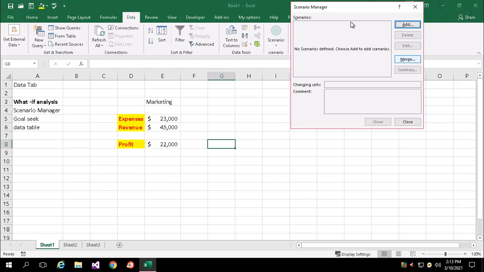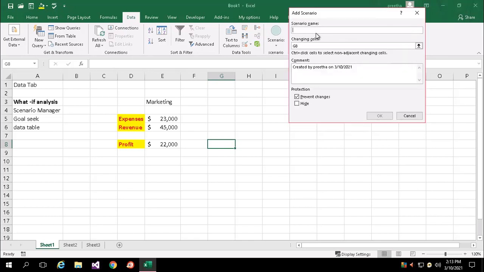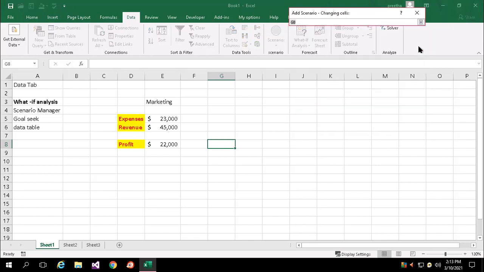So now you can see, I just add the scenario name. I want to calculate for the finance department. So let me try with the scenario name as finance, changing cells. Which are the two cells involved in this? Right now, it's a small calculation, revenue minus expenses.